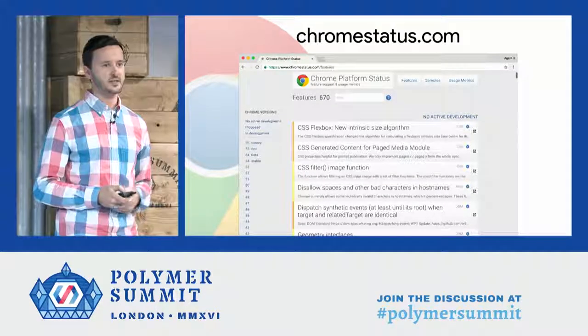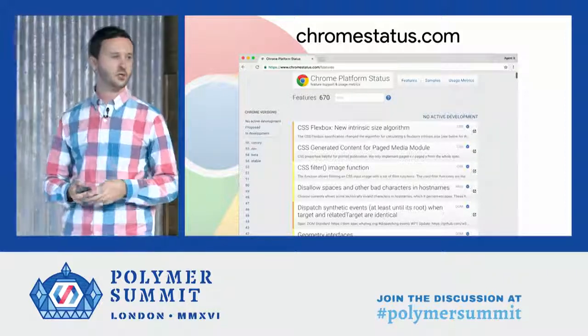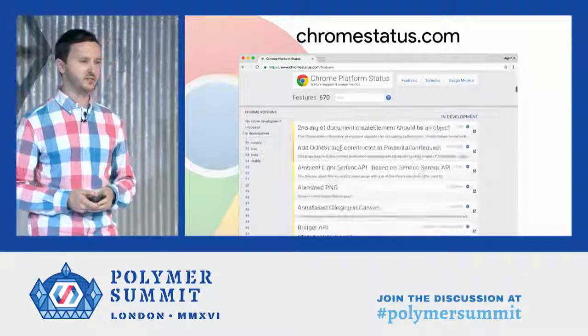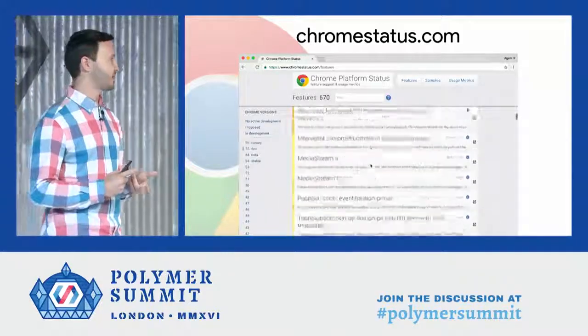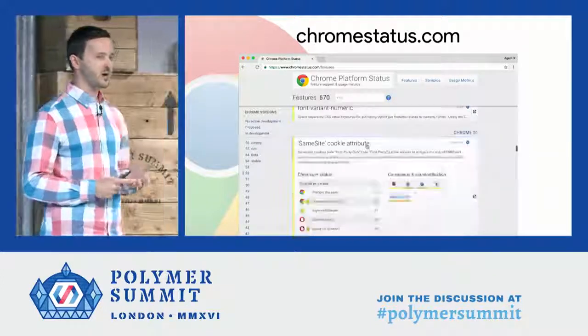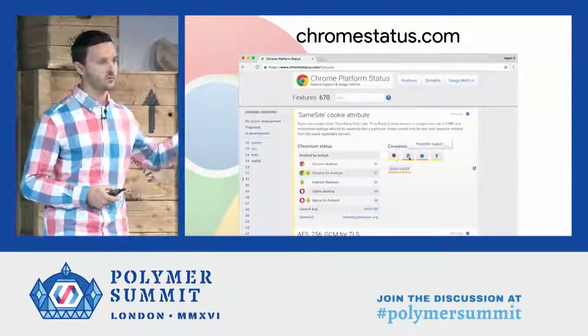Chromestatus is the Chrome team's dashboard for what is happening in Chrome and in Blink, the rendering engine. You can go in here and check it out. It's basically the list of features that have landed in Chrome, that are going to land in Chrome, and things we're thinking about proposing and putting in Chrome. So if you ever have a question like what landed in Chrome 53, you can go to Chromestatus and find